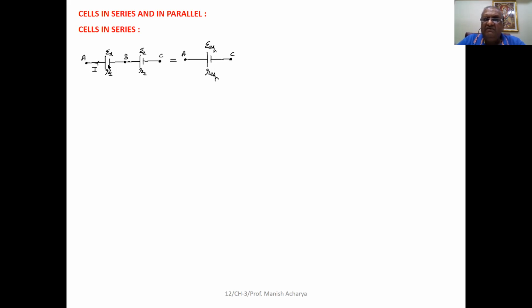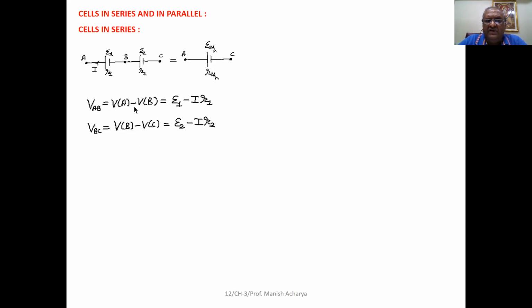Suppose the equivalent EMF of this combination is E equivalent, and the equivalent internal resistance offered by these cells to the circuit is R equivalent. Then we can represent the equivalent circuit as shown in this figure. Now suppose here we take the terminals A, B, and C as shown in the figure in this connection. Then the potential difference between A and B,